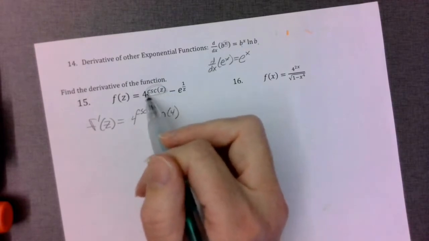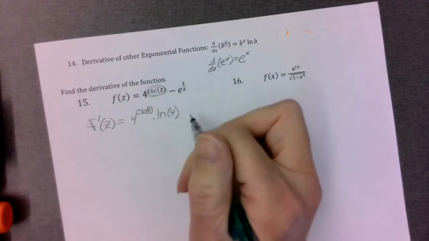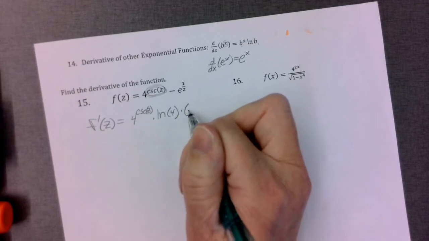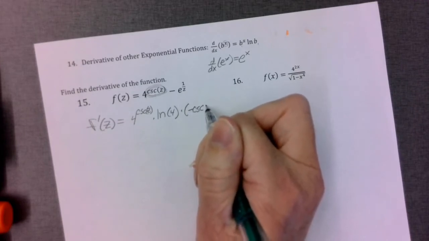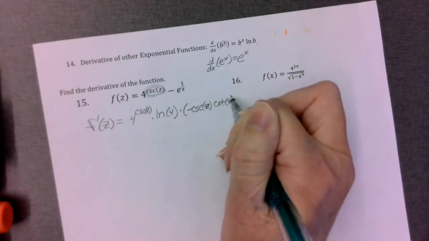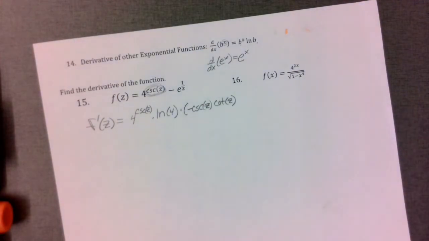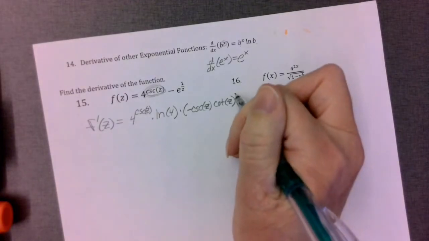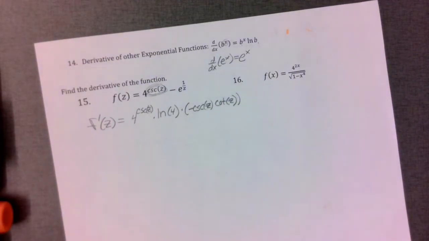I have to account for the derivative of the cosecant, so that is going to be negative cosecant z cotangent z. Close the parenthesis for that group, which is the exponent,